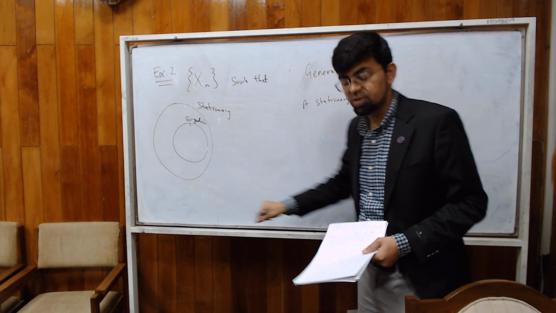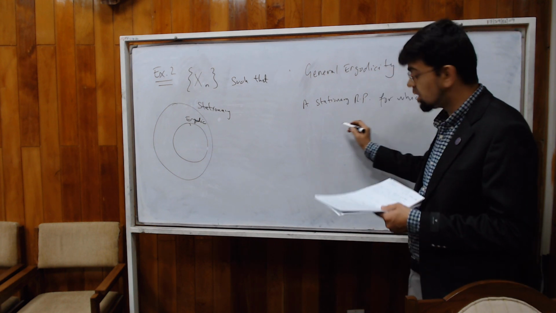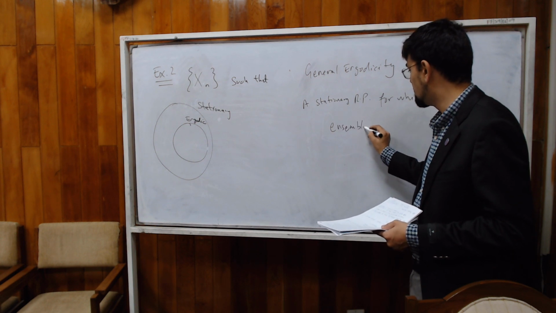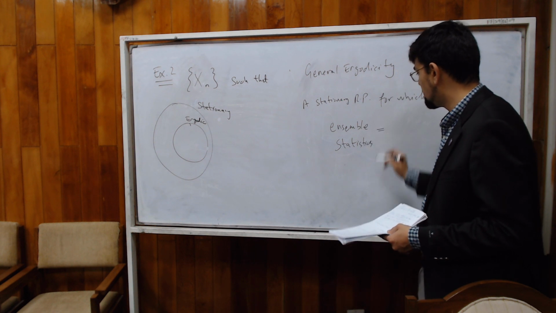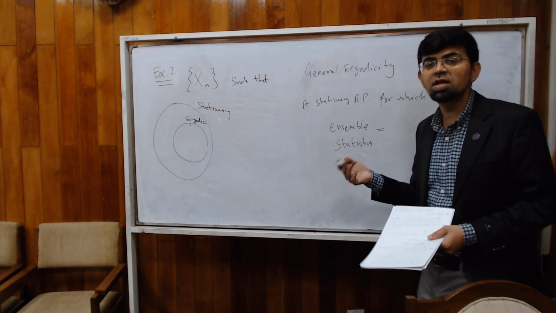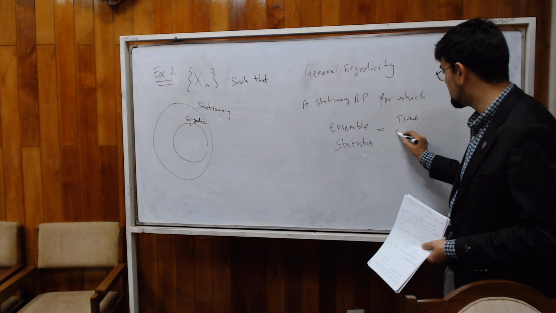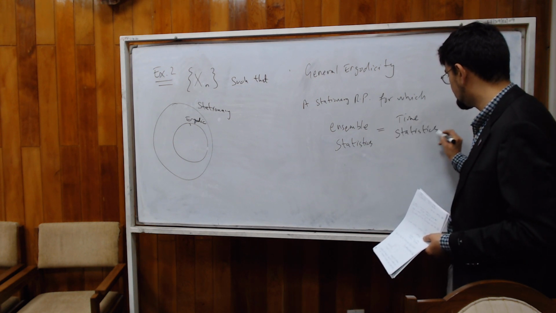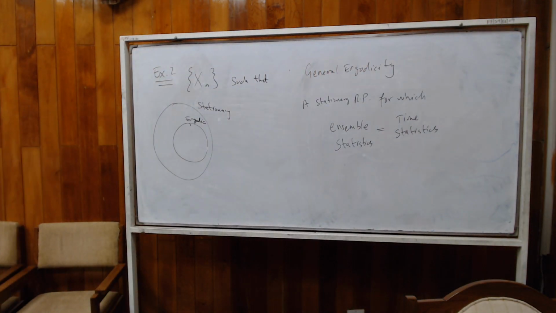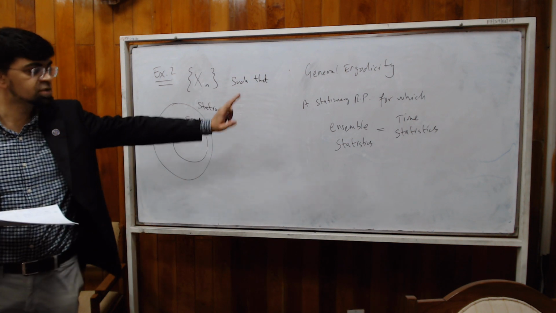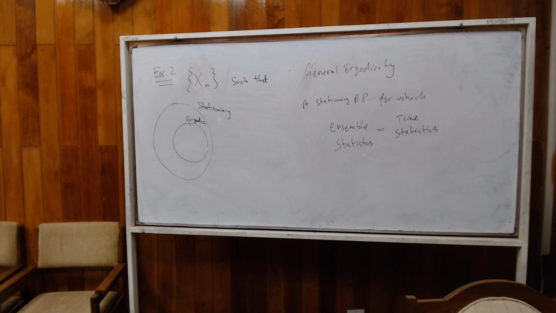It is inside stationarity, for which, I'm just trying to write a basic definition, the ensemble statistics, all the ensembles, so if you can show the PDF, then it covers all the statistics, is the same as time statistics. Okay, then we say this process is ergodic, just ergodic, meaning just like stationarity, it means it's the most general version. Yeah, but as we saw, we are often interested only in the first two moments, so we will say